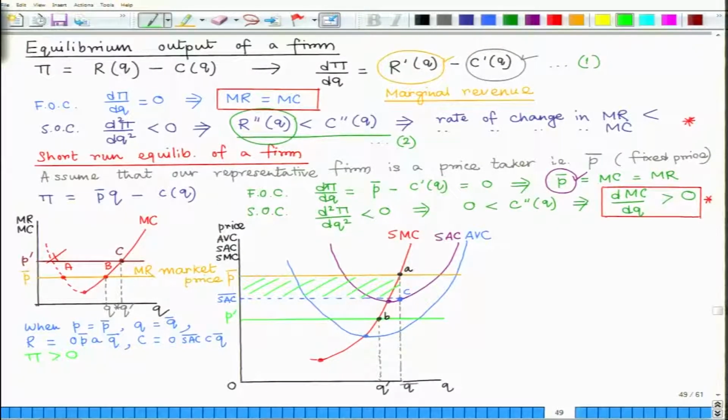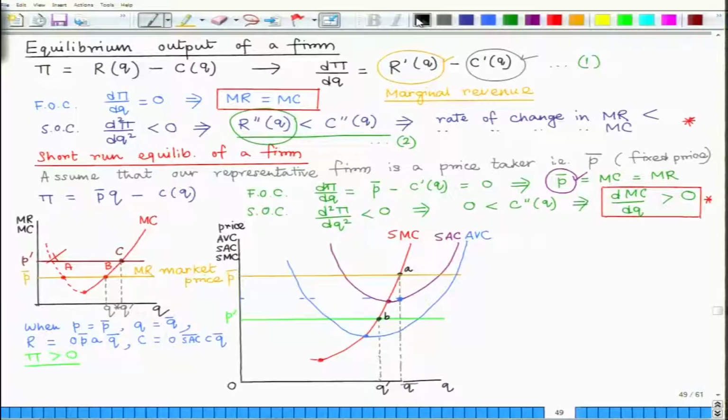Okay. So here there is no problem, firm will of course produce and supply Q bar units of output in the market. So now let us look at the case where the firm is experiencing a lower market price P dash. What happens then? So at this market price P dash, the firm finds equilibrium at point B, and firm decides to produce at Q dash output level,